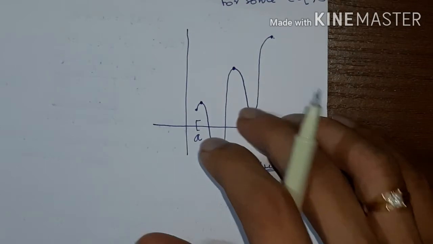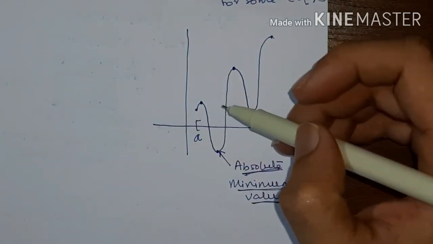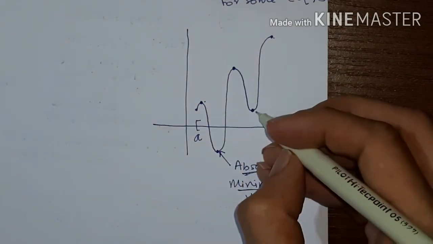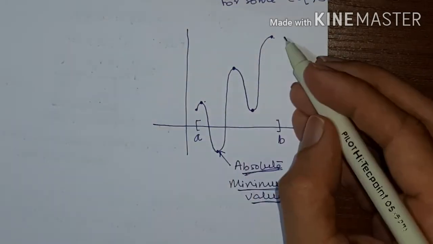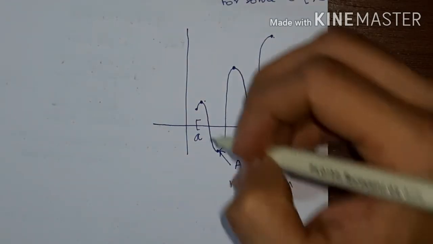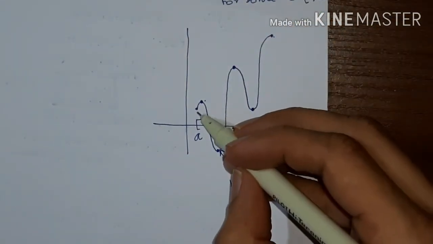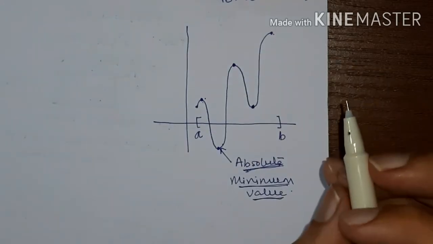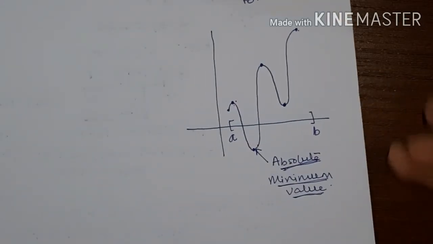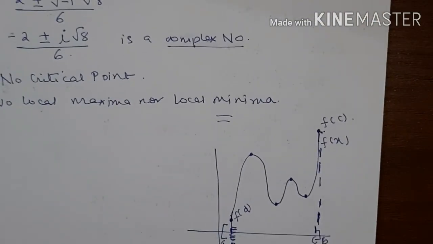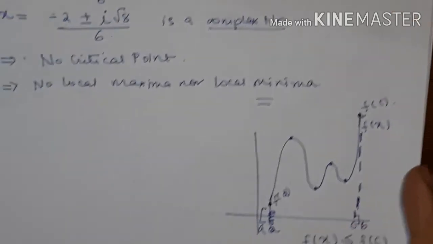So what we have to do here, for this problem 5, is find the values of the function at the critical points, as well as at the end points of the given interval. We have to find the values of the function at the critical points, that is at these points, and also at the end points, and then you select whichever is the greatest or the least value.